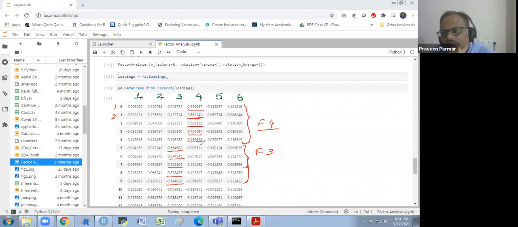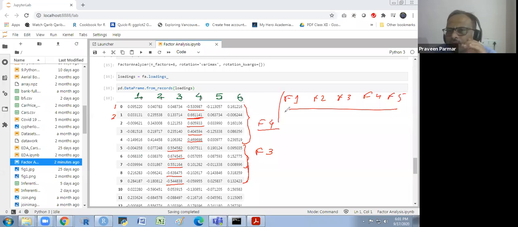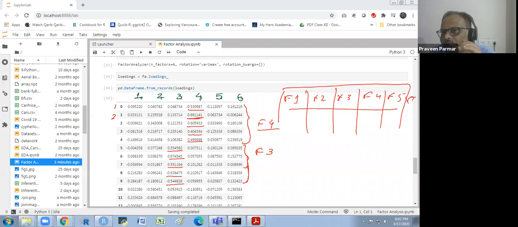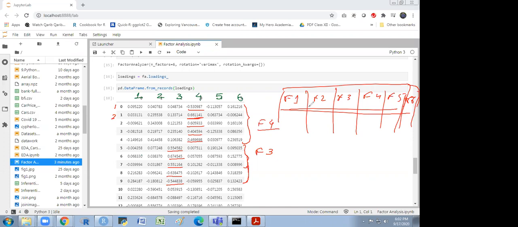This is how we select the factor here. Instead of these questions, instead of these columns, we work on only factors. Now we have F1, F2, F3, F4, F5, and F6 also. We will create a new data frame and work on only that. Does that make sense to everyone? In inferential analysis, it is the dimension reduction. Is there any doubt?